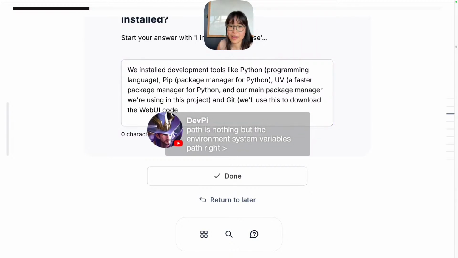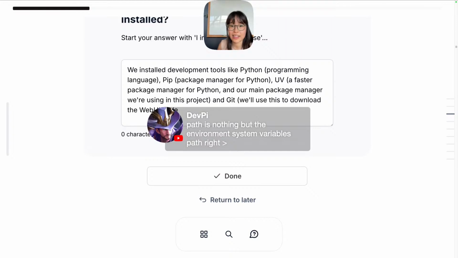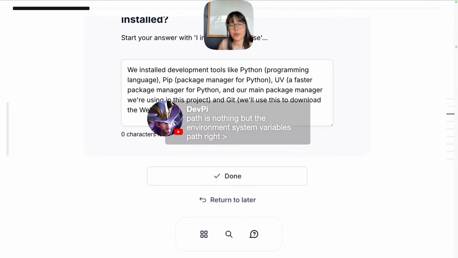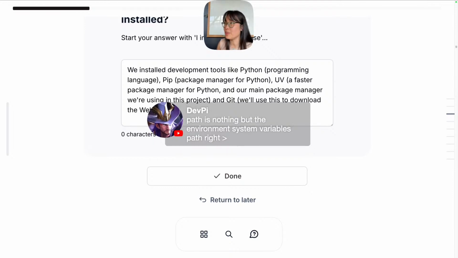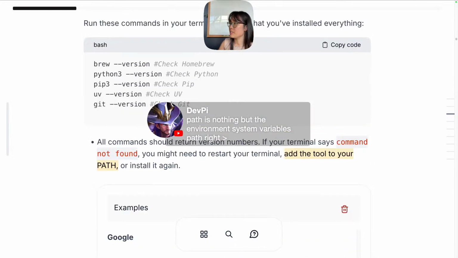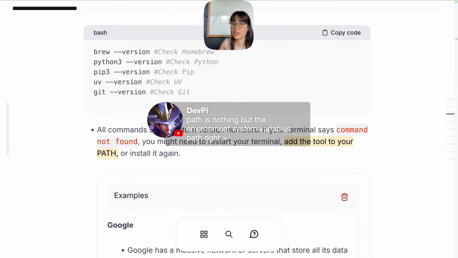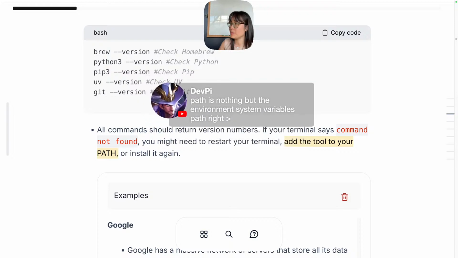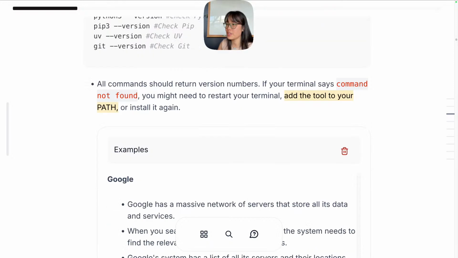Path is nothing but the environment system variable's path. I think this question is about whether or not you need to be setting the environment system variables in your path. So to clarify the thing about path, which is something that we mentioned earlier, which is if your terminal says command not found, you might need to restart your terminal, add the tool to your path, or install it again. So if you're new to the concept of path,